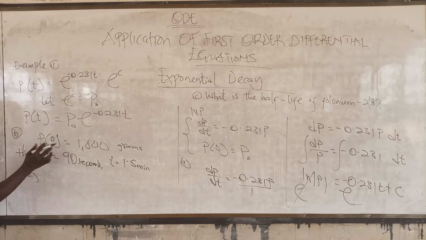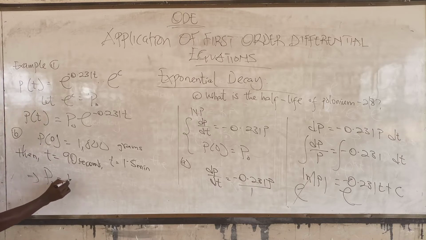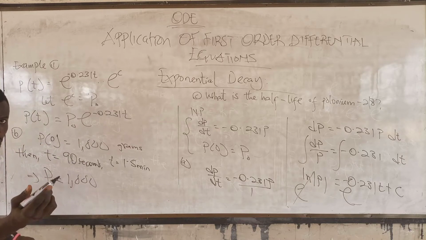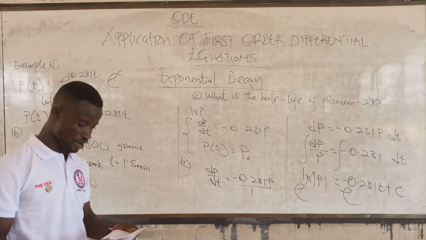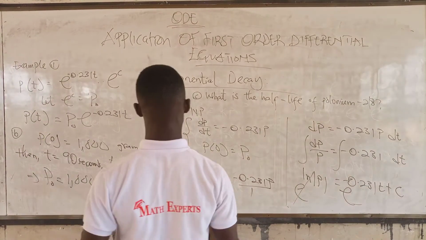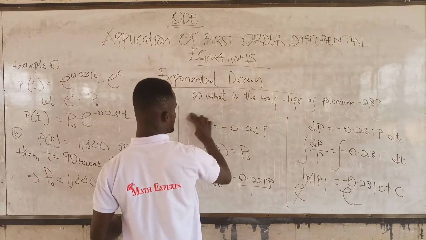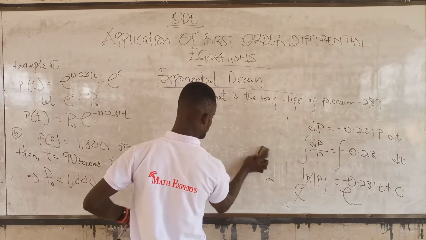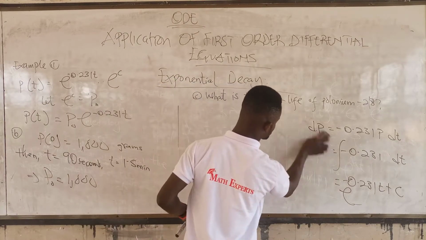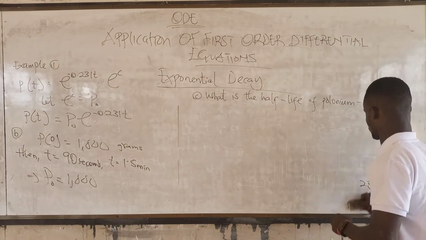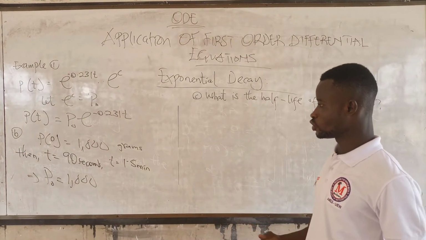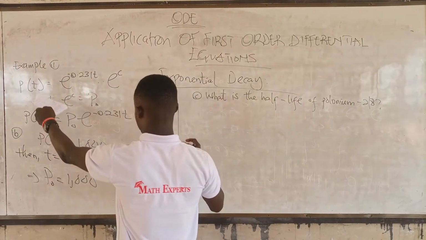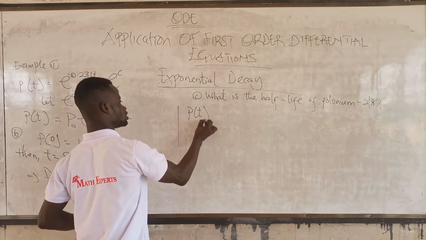This implies that P naught is equal to 1000. True or false? It's true. Very good. Because we know that P naught is equal to P of 0. So here, since this is established, then we can now go on and do our substitution. So from here we have the equation to be